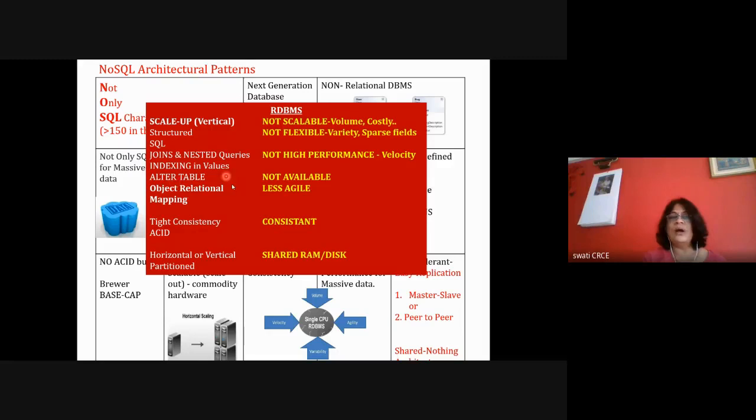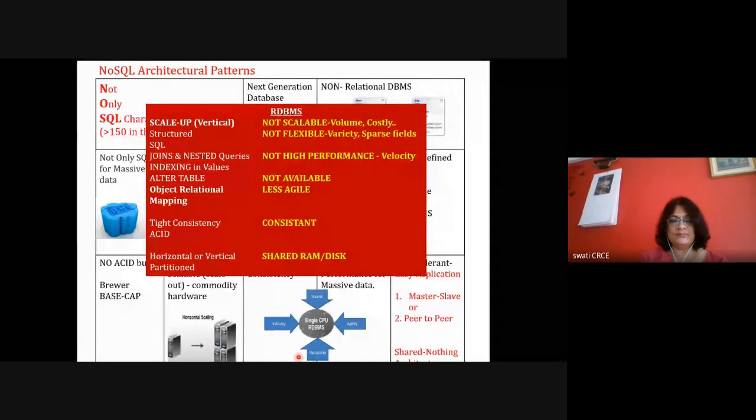And I also told you about the alter table command. If today you have 10 columns and tomorrow you want to add 5 different columns to your table, you need to fire the alter table command. To execute it, we have to shut down the RDBMS for some time, do the alter command, and then start the database again. So your system is not available 24/7. Okay, this is about velocity.